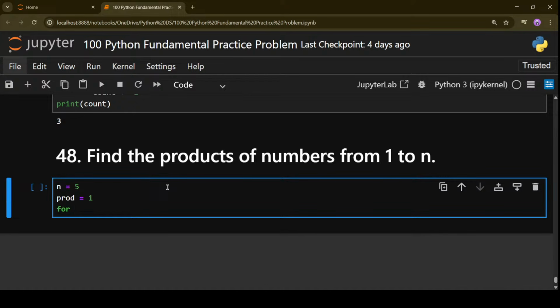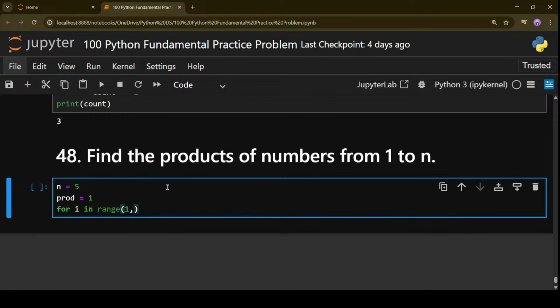This is the simple logic, no extra things. For i in range, now you have to set the range. Remember, you cannot start it from 0, because 0 will be multiplied with the current value, and it will again make 0, and then whatever value you multiply, it will be 0 only.